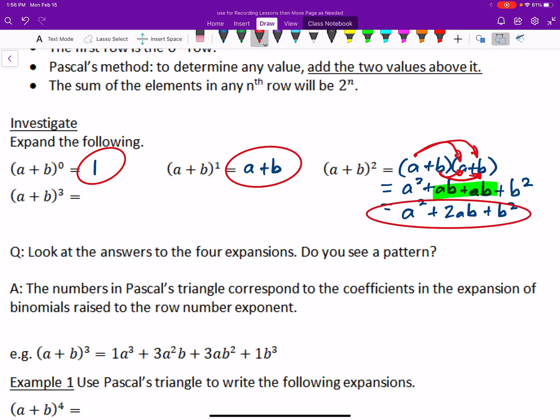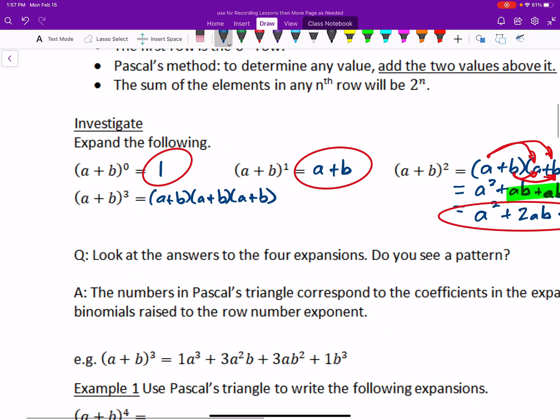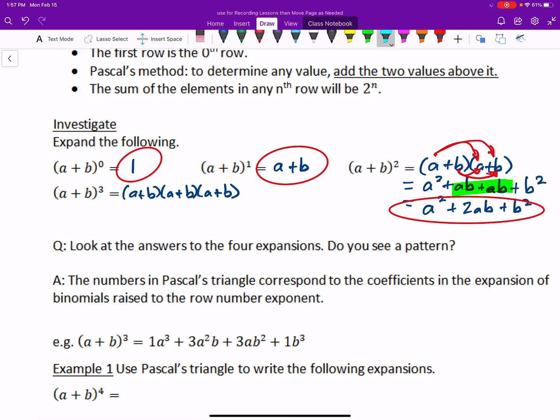Now we're being asked to do, in this one, a plus b cubed. So that literally means a plus b times a plus b times a plus b. It's starting to get a bit tedious, isn't it? Luckily, we already know what a plus b times a plus b is, so we can do a little bit of a shortcut. So say I wanted to think of this as a plus b times a plus b. I could use my answer from here to replace this, since that's what we just did. And then I'd have a plus b times